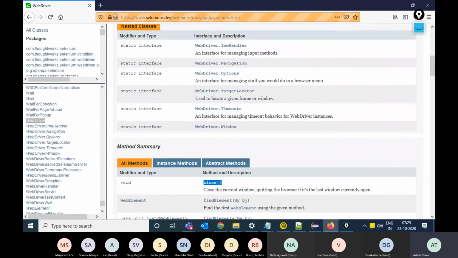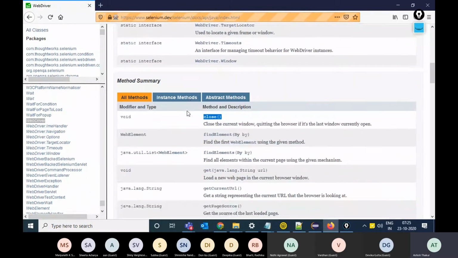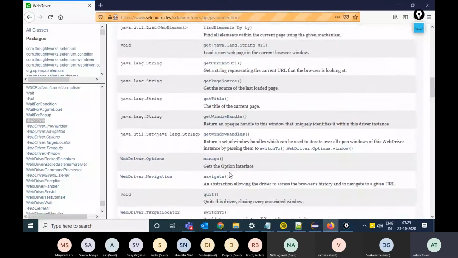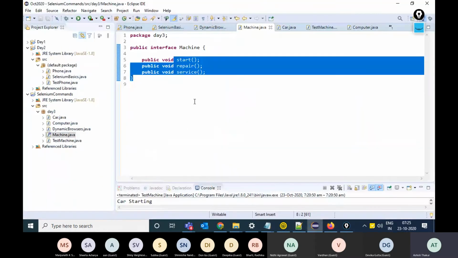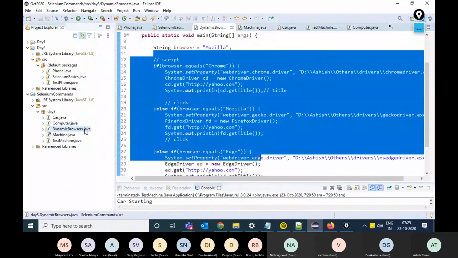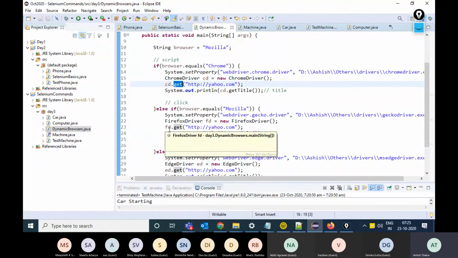For example, close will close the browser. So all these driver classes will have the function close. Or for example, we saw that whenever we have to navigate to a website, we use the function get. It loads a new web page in the current browser window. So if I create an object of ChromeDriver, I use the ChromeDriver.get function to load a web page.